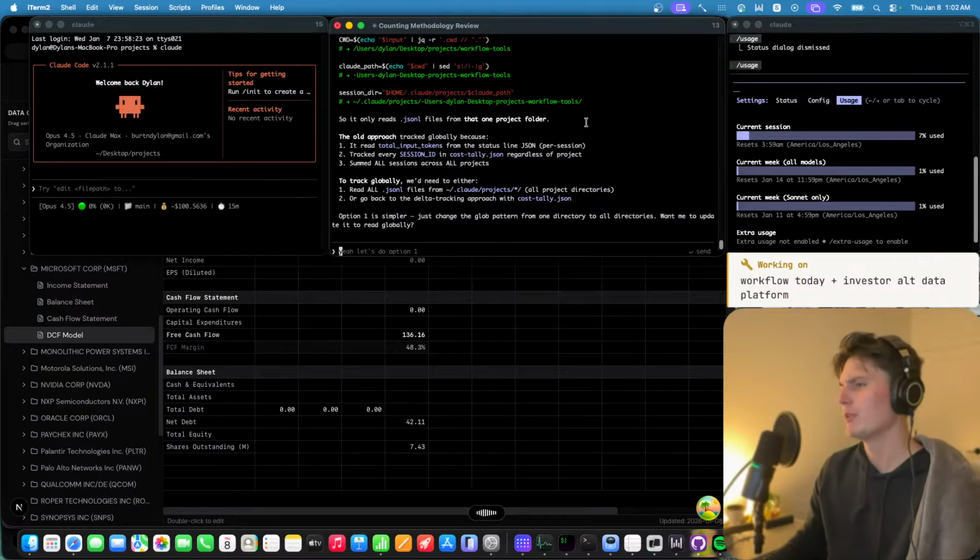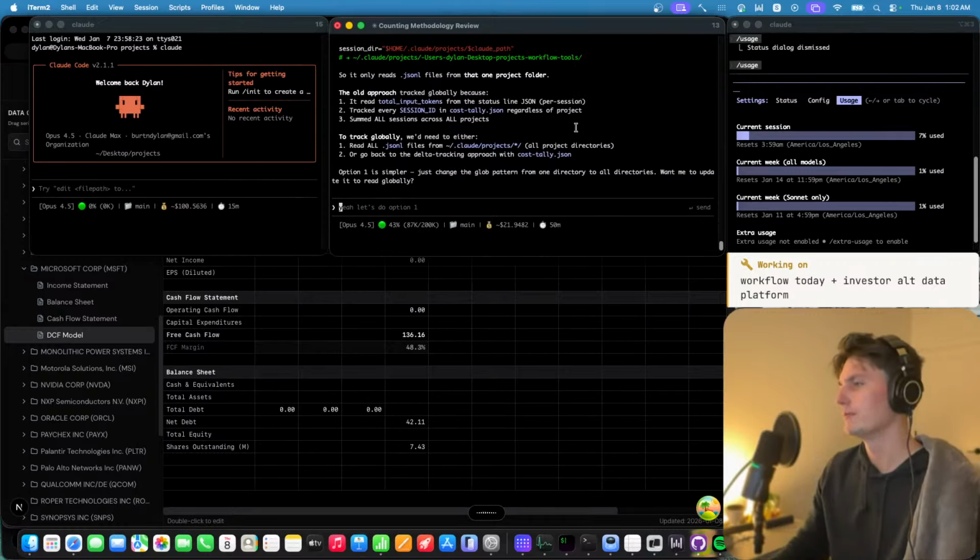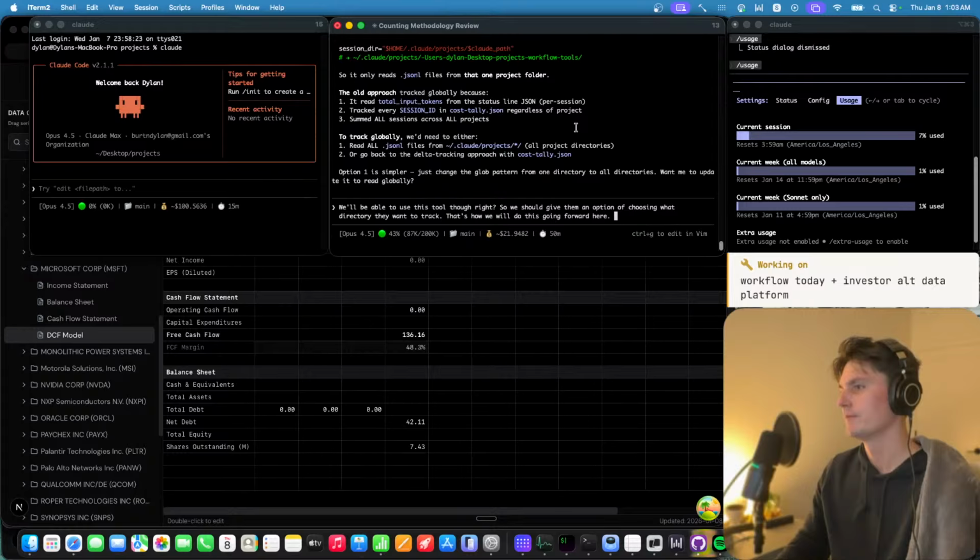So I want people to be able to use this tool though, right? So we should give them an option where they choose what directory they want to track. I guess that's how we will do this going forward here. So in my case, it's my projects directory. So that's what we can do. But